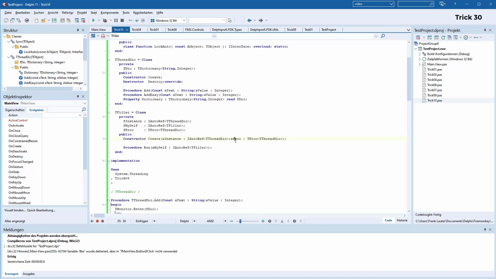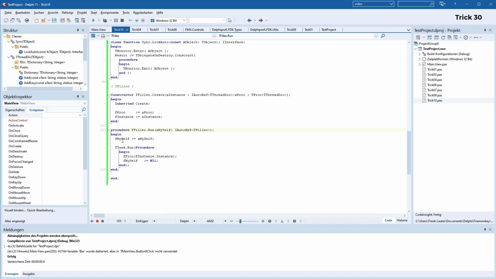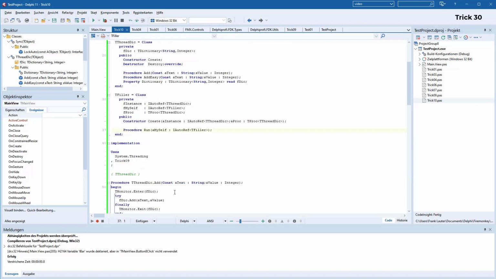The instance and the procedure are passed in the constructor. When I call run, I pass my own instance to myself, and here comes the trick. I save this to myself, then call the procedure in a thread, and when this procedure is processed, I practically kill myself. The moment the filler is released, the instance from the dictionary goes out of scope, and if